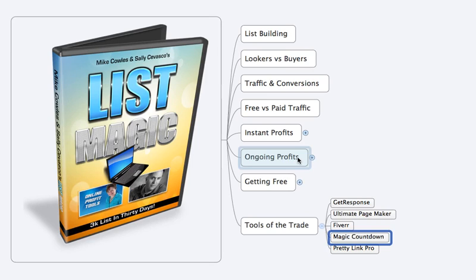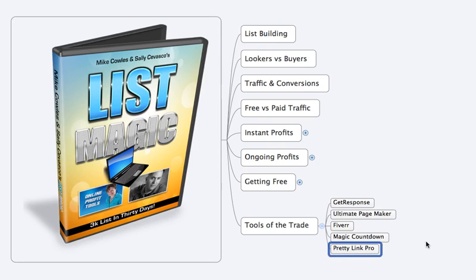Because what happens is, if they go back a week later, a month later, that offer is still going to be there. But with Magic Countdown, it's based on that person's computer. So, like, if they go back there, let's say the offer's over in 3 days, and they go back there in 4 days, it's going to forward to either an expired page or the full price page or whatever. So Magic Countdown automates all that for you, and it's a really great looking big timer. So another great tool for increasing your sales in a huge way.